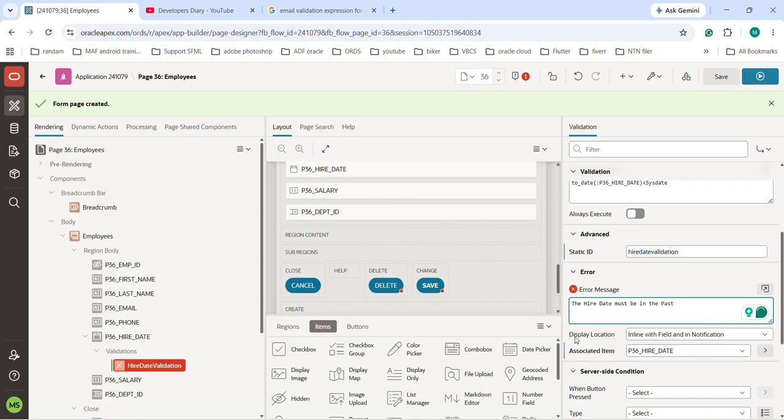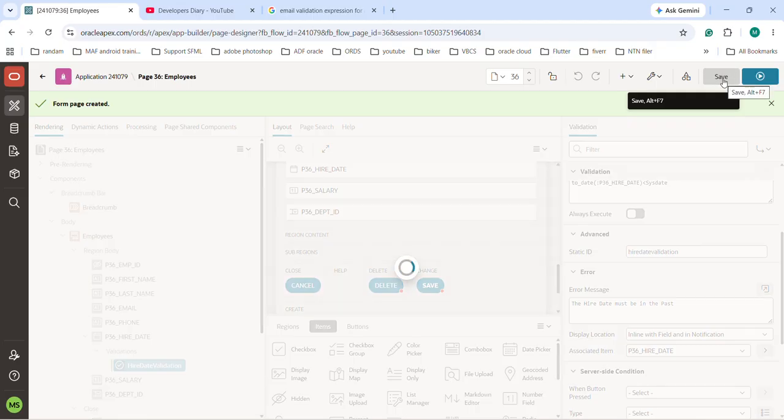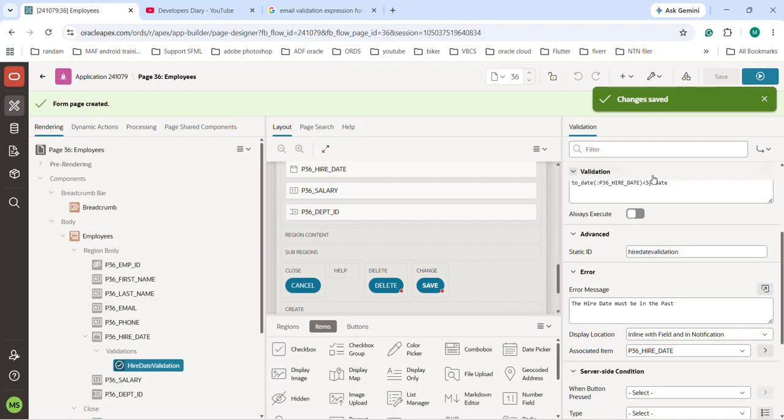Then the display location is showing inline with field in notification, and we have multiple options: inline with field, inline in notification, on error page. So we shall use inline with field in notification, and the associated item is hire date. So click save, enable always execute,